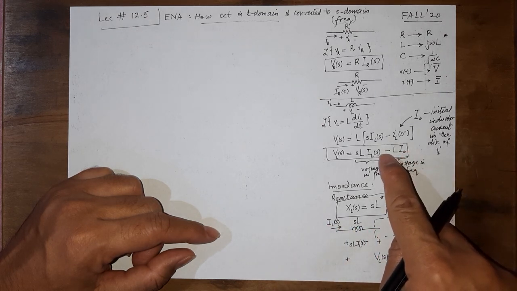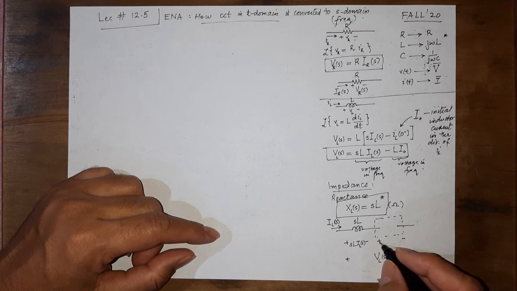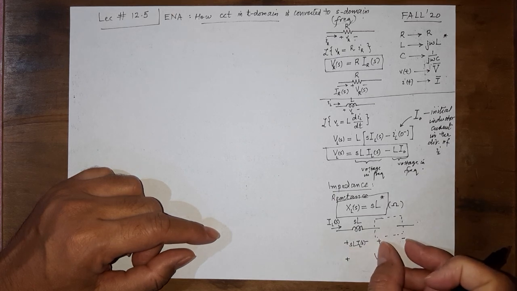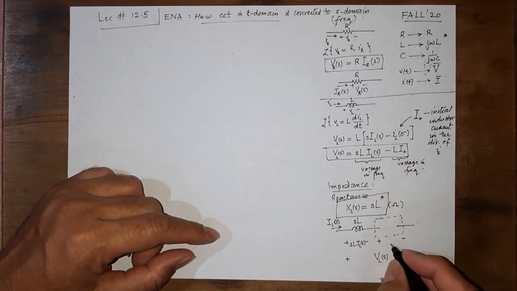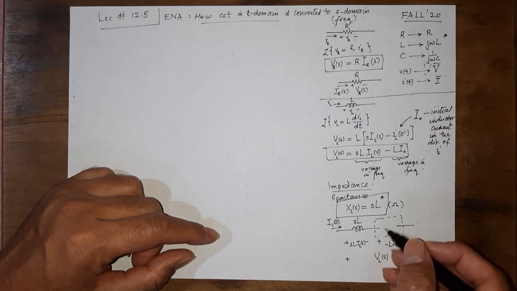But look at this negative sign here. Although this would be the polarity of this thing we are taking, if this is the polarity, then VL of S would be equal to this thing plus this thing. But it is a negative sign here. So we need to completely represent this thing, minus L i naught, by something. Is it dependent on IL of S? No. I naught is a constant value. L is a constant. So this is a negative constant. So how is a constant represented?